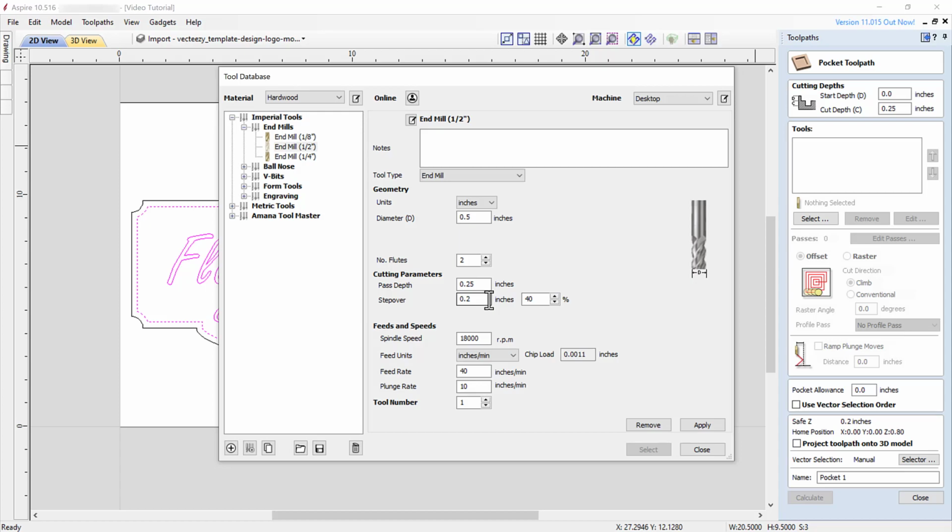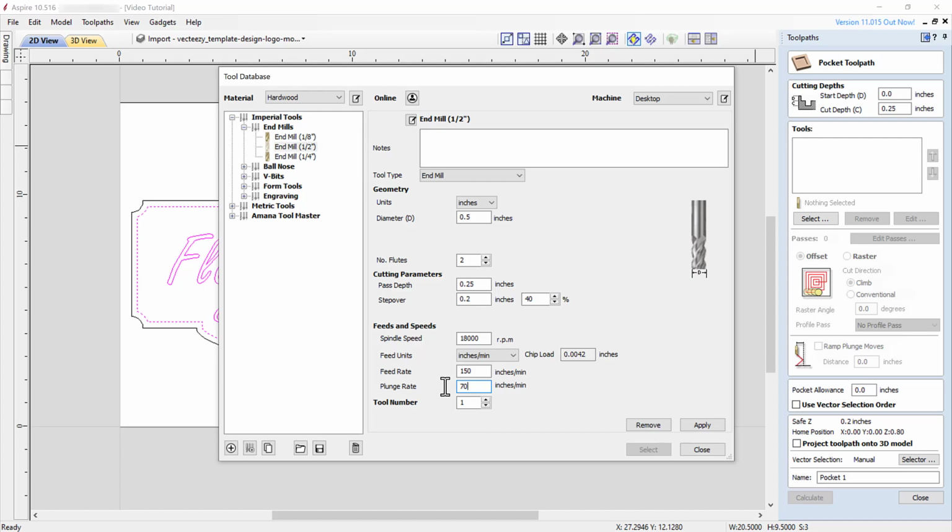These parameters need to be individualized for everyone's specific CNC machine to ensure safe, appropriate, and efficient machining. For our theoretical machine, we will change the spindle speed to 18,000 RPM and the feed rate to 150 inches per minute and a plunge rate of 70 inches per minute.